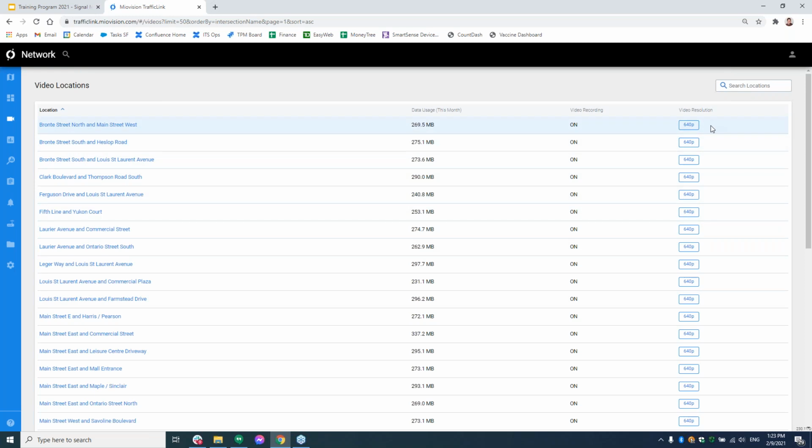You'll notice that I don't have a button here. That's because this feature is somewhat limited by the administrator, in the sense that we don't want every user to be able to go out there and change quality. We want to make sure that the administrator is controlling the quality. So if you need to up the resolution, or you want to explore that, please let us know, and we'd be happy to help you set that all up to make sure that the administrator is in control of that.